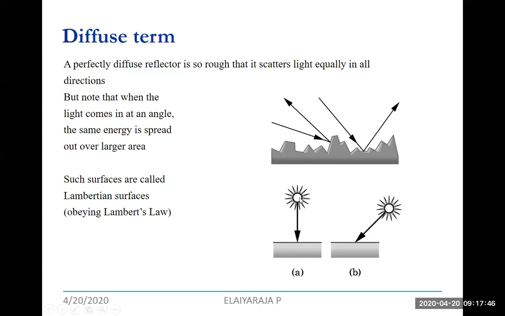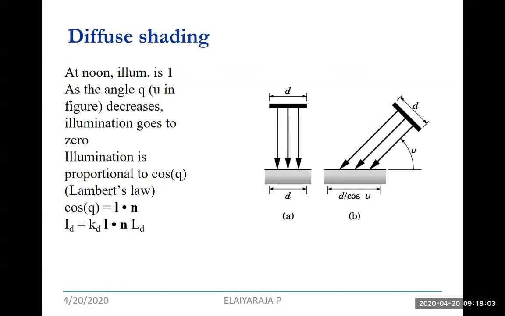space, where you can see the light hits the surface at 90 degrees, or the other way, the light source hits the surface, it will completely absorb an equal fraction all over the space. At noon, where the diffuse light hits the surface at an angle, the illumination goes to 0.